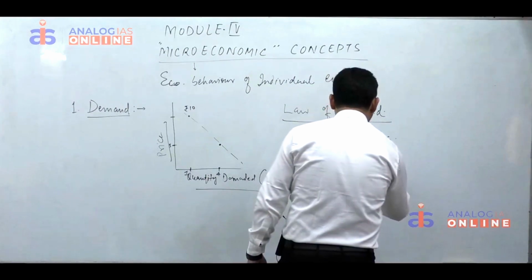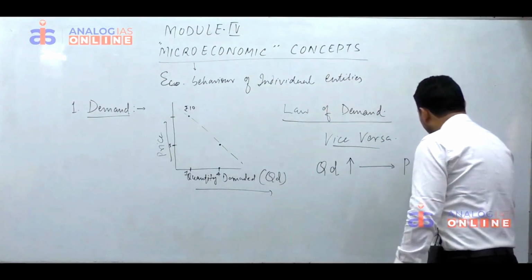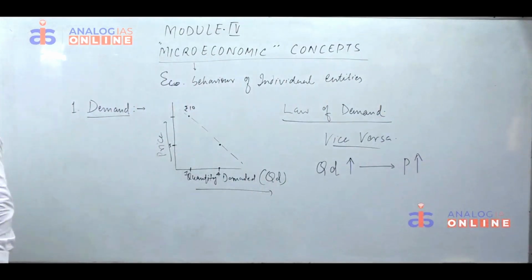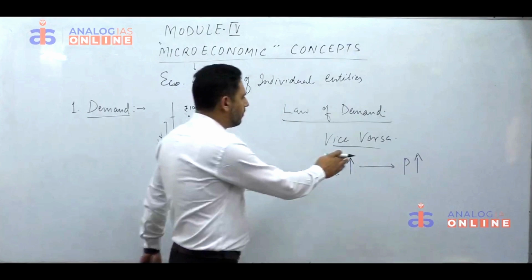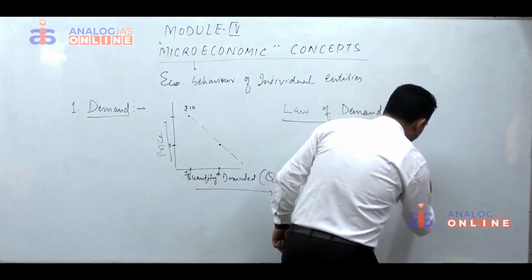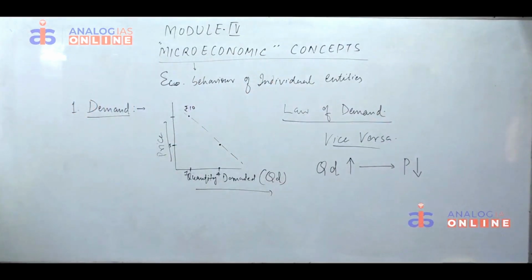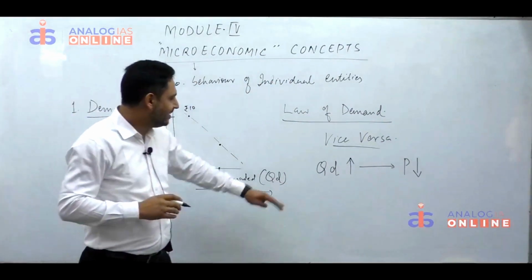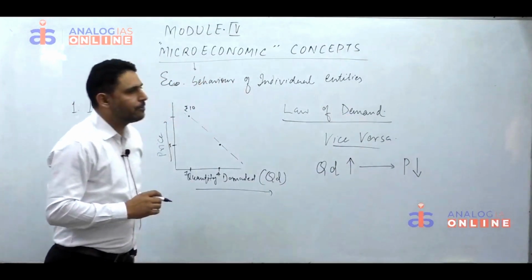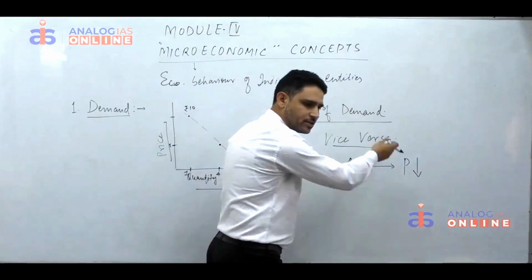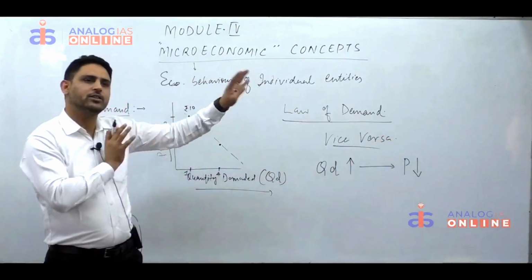You can also write it in this way: QD decreases with increase in price. QD means quantity demanded, and P means price. When there is a contradiction between saying and writing, you must follow the emotions. I have already told you. Quantity demanded increases when price decreases, and vice versa. Clear that? Is it true for all the things?